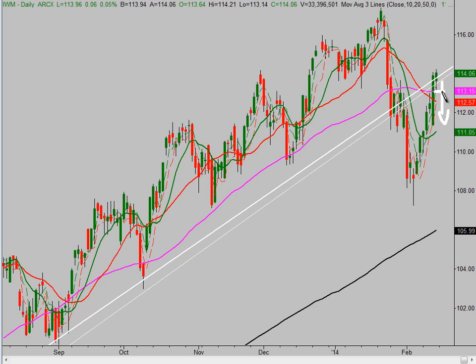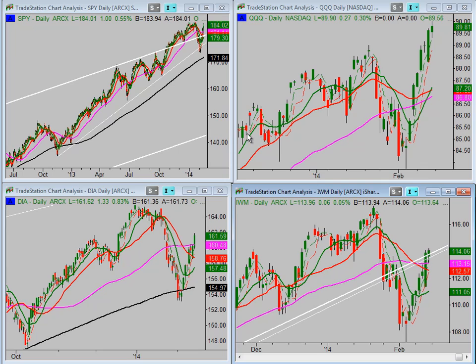So yesterday's low is right on the 50-day moving average. The low after that is going to be right down here, and I would say because it lines up with this level, this 111 level should be significant support. So if you want to be bullish but you're cautious, I'd be focused on the 111 level, and as long as that holds, the longer term trend has a good chance of being intact. If you want to play it tight in terms of getting out of a bullish stance, the 111 is the important level to watch. Now, let's take a look at the others, however, because if we look at all four,